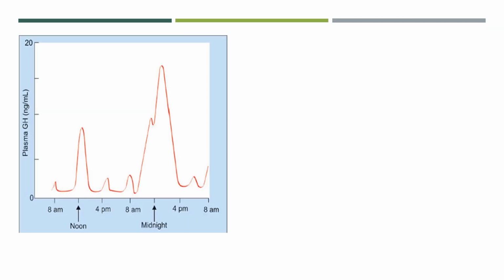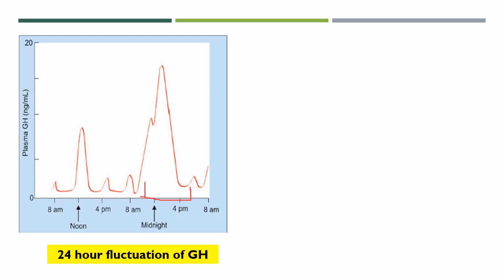Now come to the fluctuation of growth hormone. One type of fluctuation is the 24-hour fluctuation of growth hormone. We can see that growth hormone secretion happens in bursts, and its burst is maximum during the night time or during the sleep time. The pulsatile secretion becomes more prominent in the midnight, especially within first few hours of deep sleep.